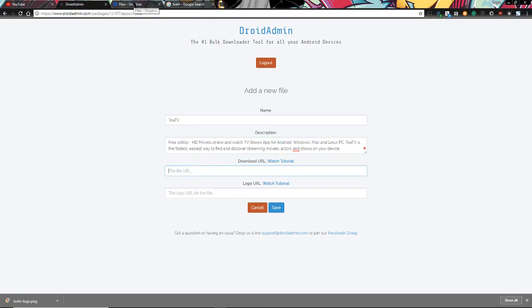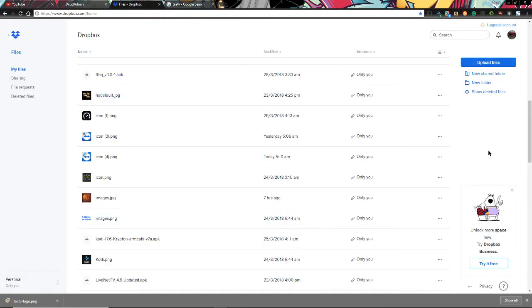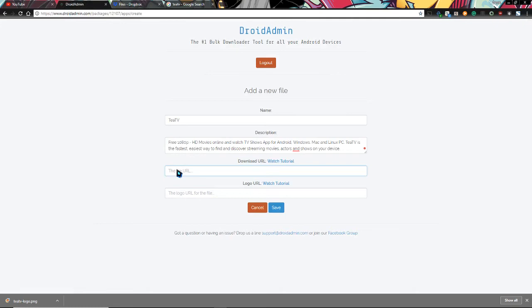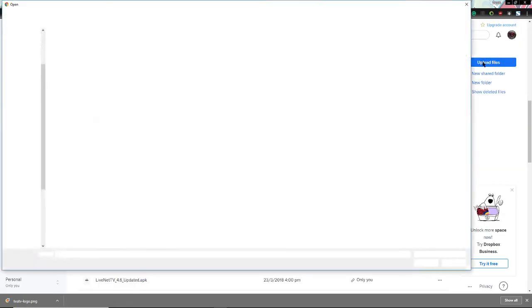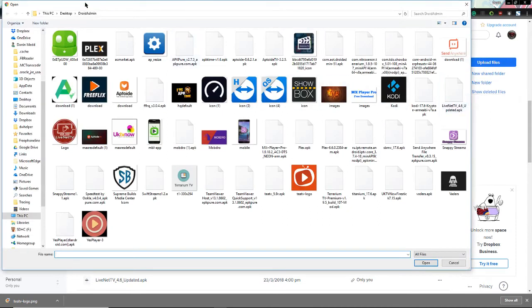So this is where you'll want to go into your Dropbox, and this is where you'll start needing to upload your APKs and your logos. Because as you can see in your DroidAdmin, there's one for your APK, which is your file URL, and there's one for your logo, and that's for obviously the logo for your APK. So you'll go into your Dropbox, you'll hit upload files. It should bring up your DroidAdmin folder. If it doesn't,